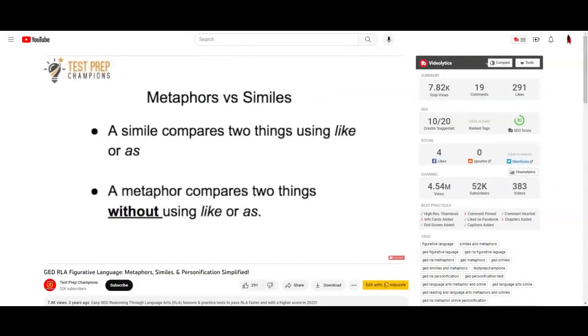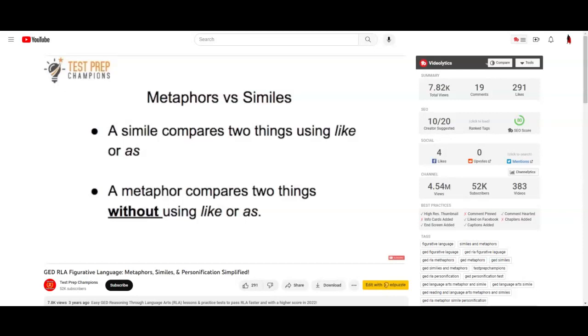So, what's the difference between a metaphor and a simile? Well, they both are used for comparisons. A simile compares 2 things using like or as. On the other hand, a metaphor compares 2 things without using like or as. Note the word simile and how it has an L in it. So remember, simile, like or as. Whereas in a metaphor, we can make a comparison, but we don't use like or as. So again, in a simile, you compare 2 things using like or as, and a metaphor compares 2 things without